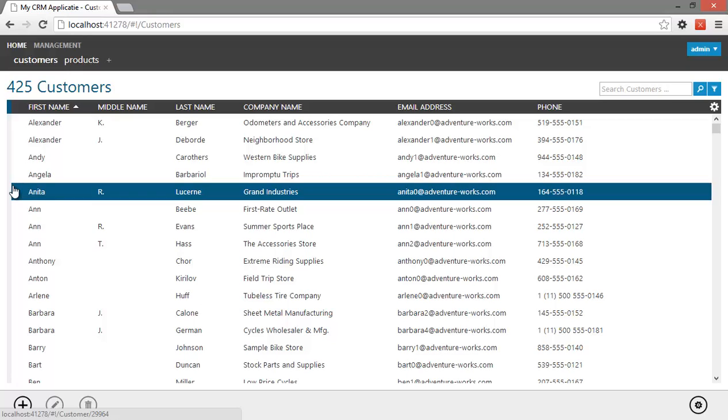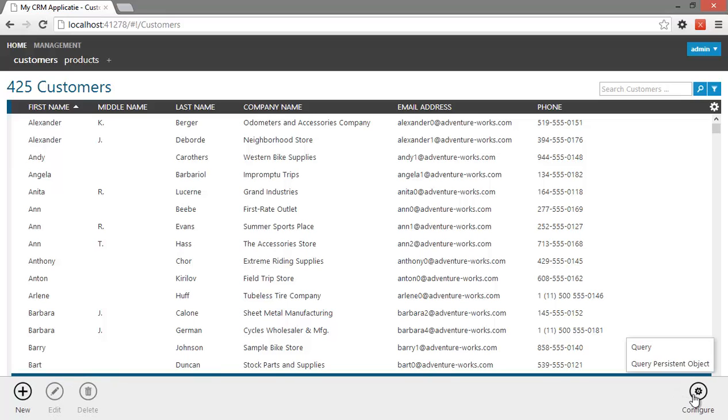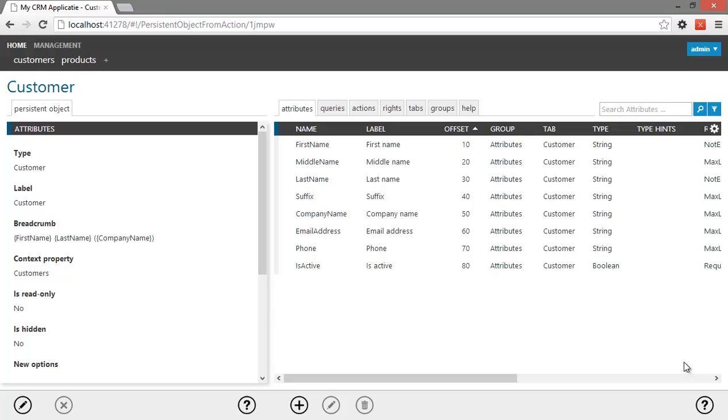As mentioned earlier, you can also add custom persistent object logic to the metadata using JavaScript code. This comes in handy if you need to make, for instance, changes to your application while your application is in production. For this, I go to the metadata of my customer persistent object. I then click the Actions tab,